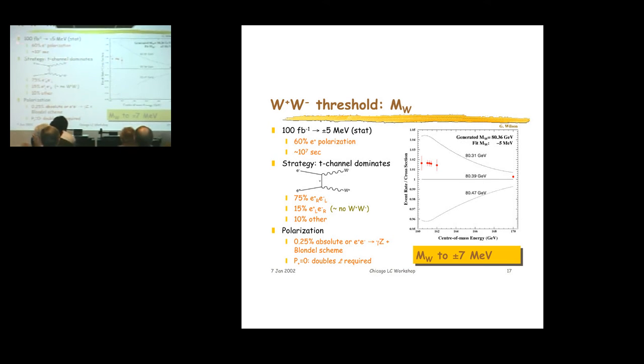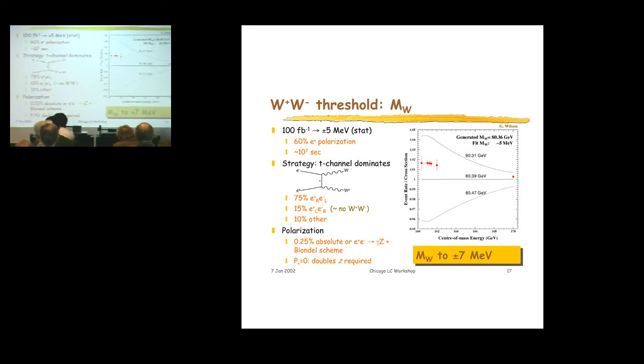If you, again, devote about 100 inverse femtobarns of data to a 6-point scan, again, given 60% positron polarization, you can get about a 5 MeV statistical uncertainty from the scan. This is his optimal scan showing the optimal distribution of points. And essentially the strategy is that at threshold, the T-channel neutrino exchange diagram dominates. And so you can control the backgrounds by roughly turning off the WW production using other helicity combinations to essentially